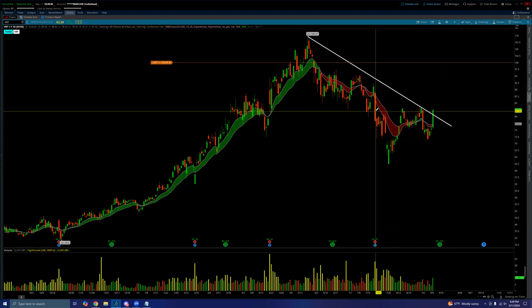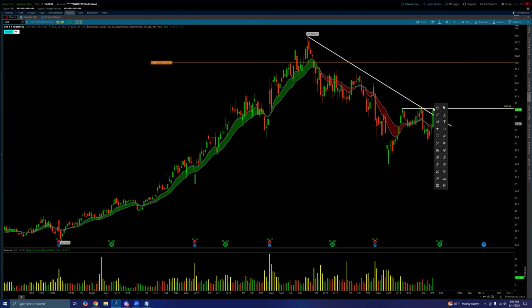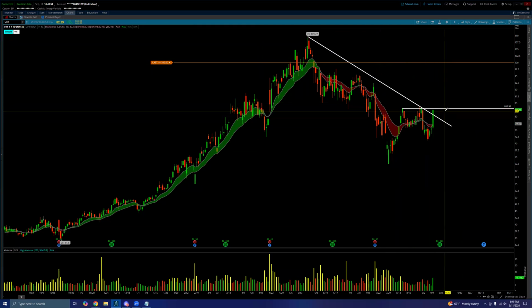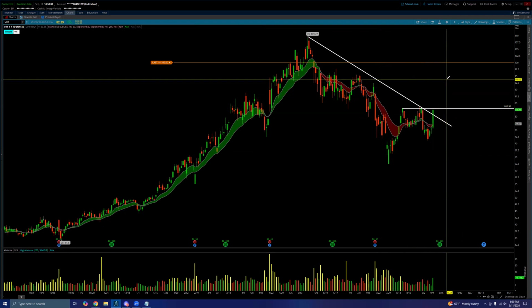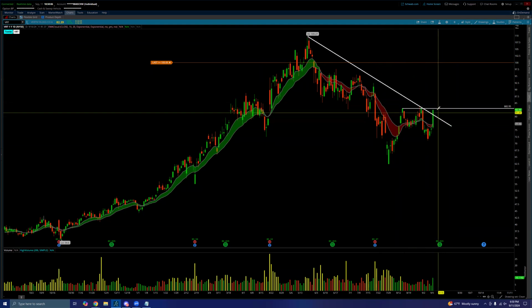Norman, if I was going to get long on this one, it would be probably right above this 83 area at this point. Pretty clearly starting to shape up like a nice bullish pattern. If I was you, I'd be getting long above 83 on this one, probably with targets around 87. Oh, you're already long. 78 calls in the money for 9/27. Beautiful. I'd definitely hope you trim some today.